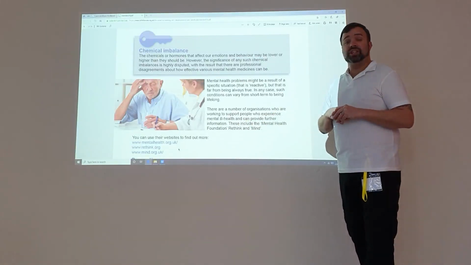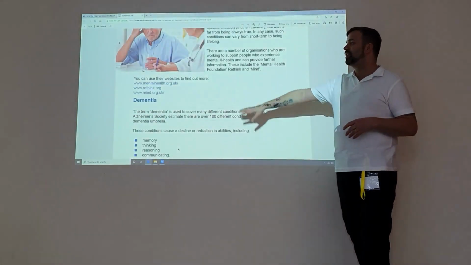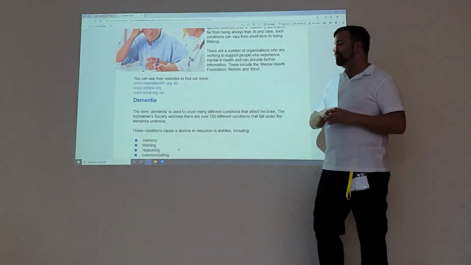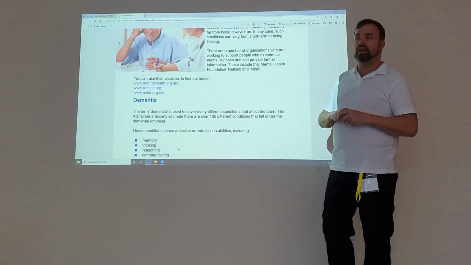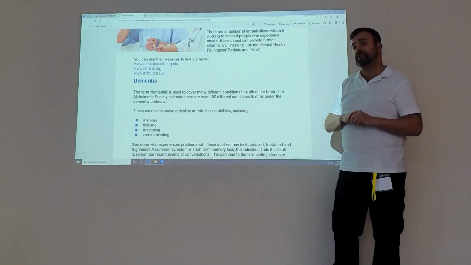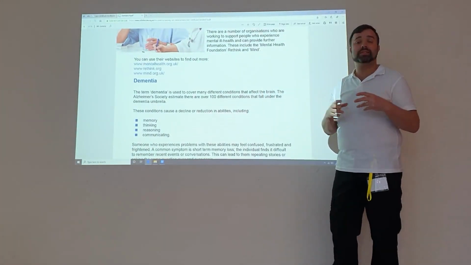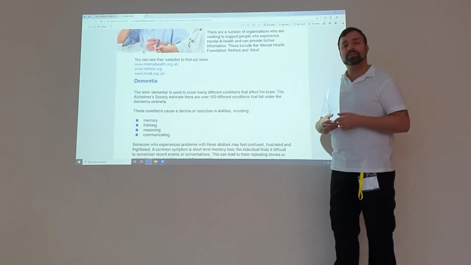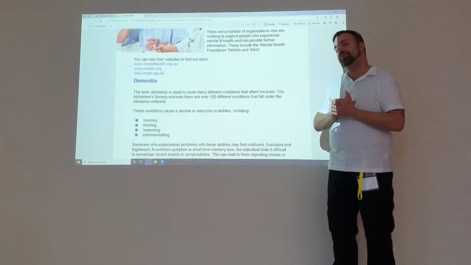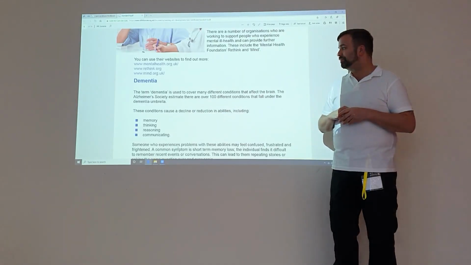It's useful for you to educate yourself and to go further reading. So again, we have different websites here in which you can go to help find additional information. So we have Mind, We Think, and the Mental Health Organisation. Your company will have policies and procedures in place, and again, people with mental health conditions will have a care plan wrapped around that health condition. So it's important that we follow those.